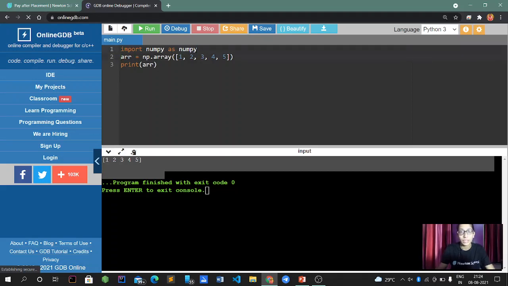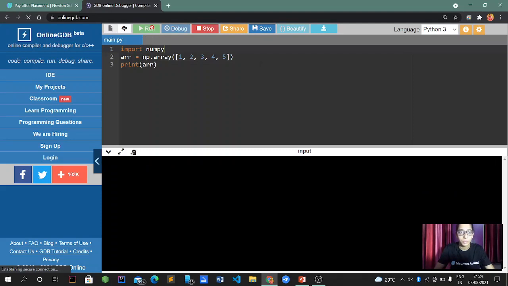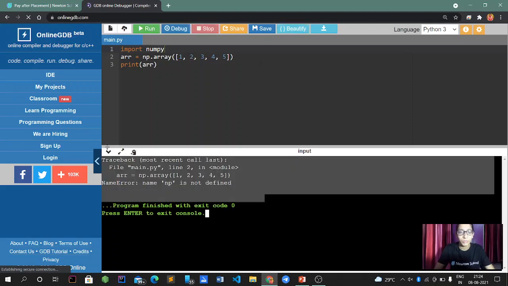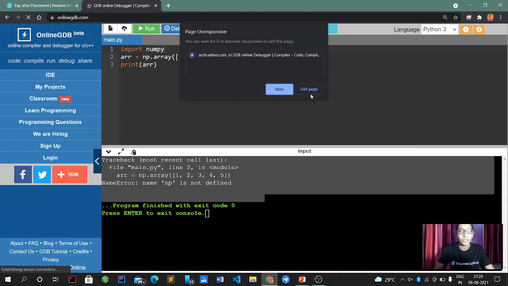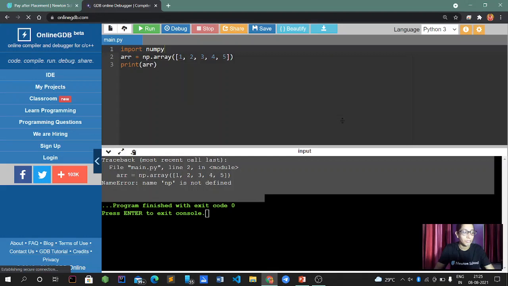Suppose you don't write the alias and just write import numpy, then it will give you an error because it is not aliased. So the alias matters a lot while writing a program, because if the program is written according to the alias, it will give the output, similar to import numpy as np. I hope you get the point.